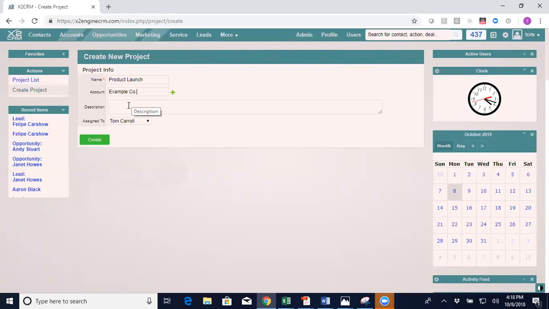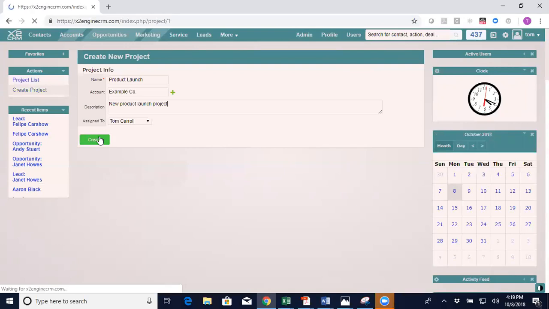And I click enter, and it will bring that account information into the field. Description, product launch project. And when I click on create, I've now created